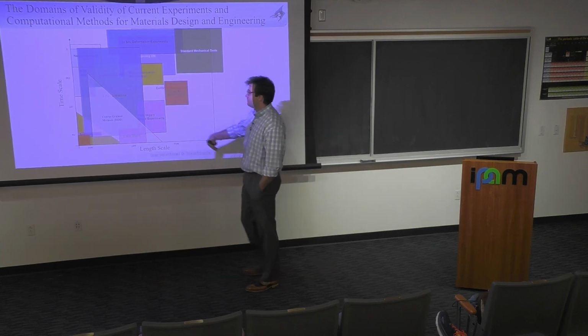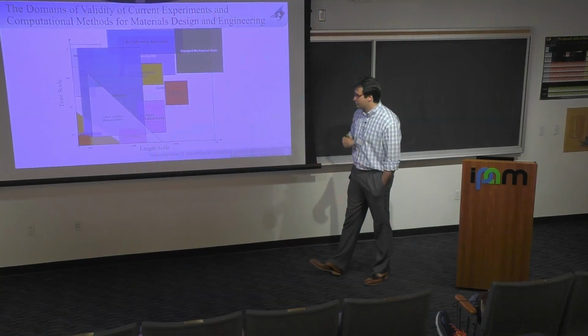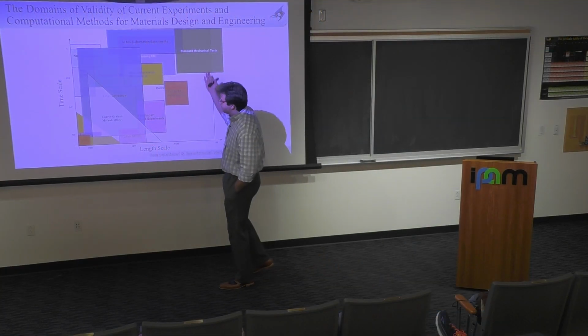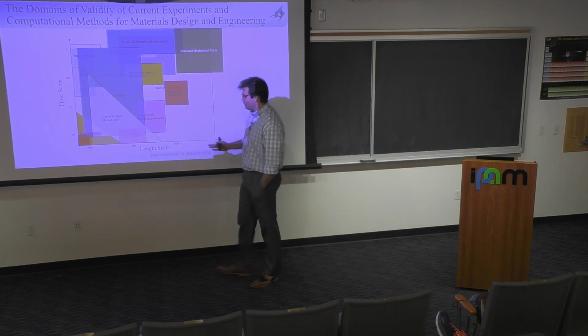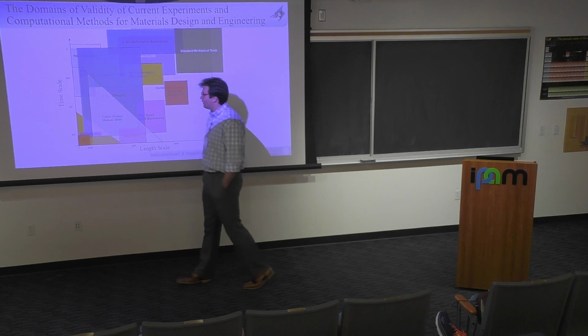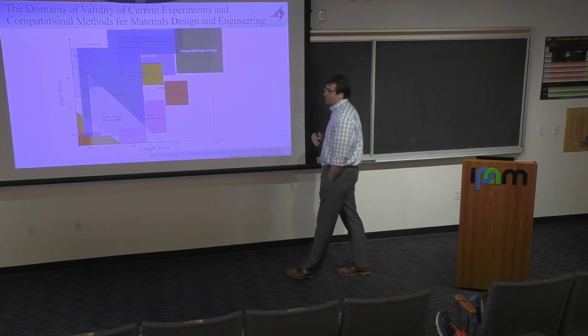If you do some type of coarse grain methods, regardless of the material system that you're going to be looking at, metals or polymers or whatever, this is typically the type of domain that you're looking at. And then if you're talking about continuum mechanics, it goes up in the length scale for sure, but is not able to capture information at the lower length scales because of the lack of the physics in these continuum mechanics models. And overlaid on top of that, you can see all these types of experimental techniques that exist. And you'll notice that a lot of these simulation methods tend to be at a lower length scale as compared to the actual experimental results that exist out there.